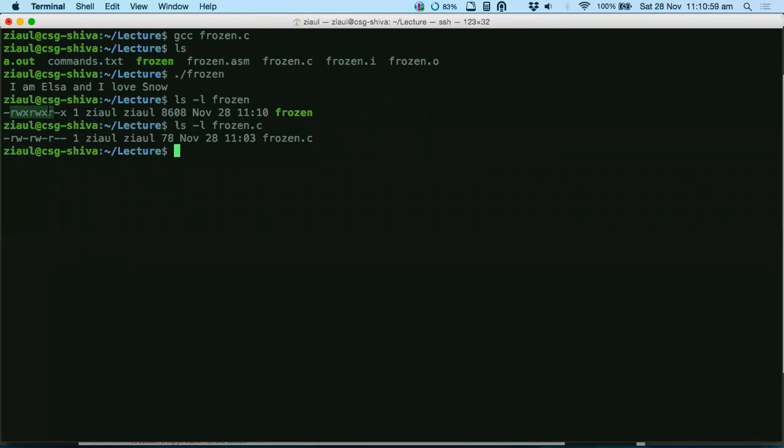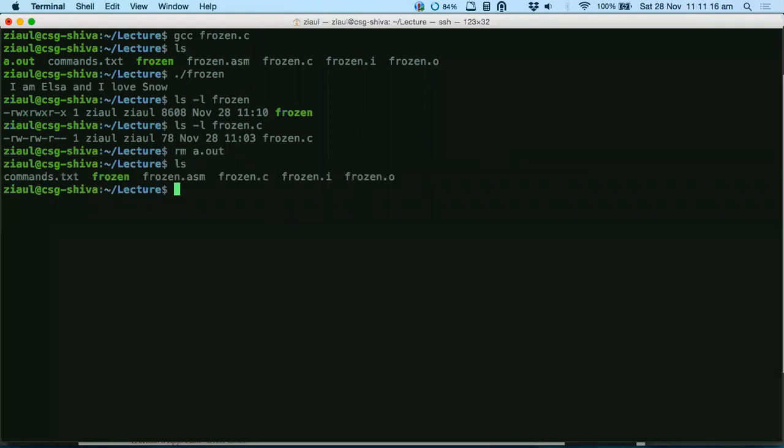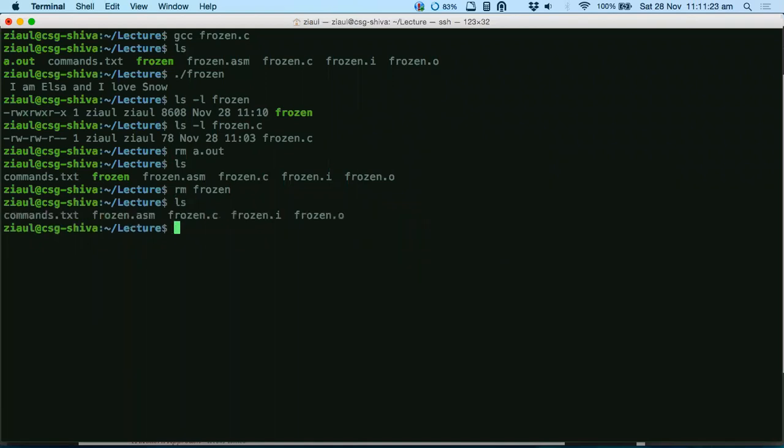While changing the name of the executable file, does it create a copy of a.out? No, it does not. But sir, it's there in the ls. I can see it in the directory. Okay, chill. Let me just remove it. Do you see an a.out? No, right? So you have removed it. This is the first part of the trick.